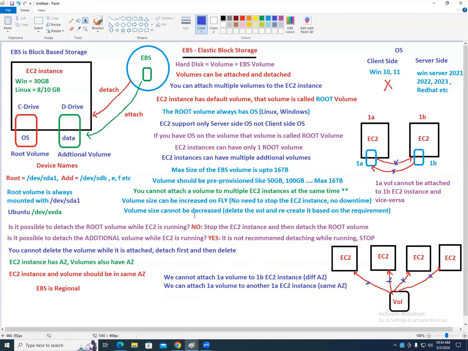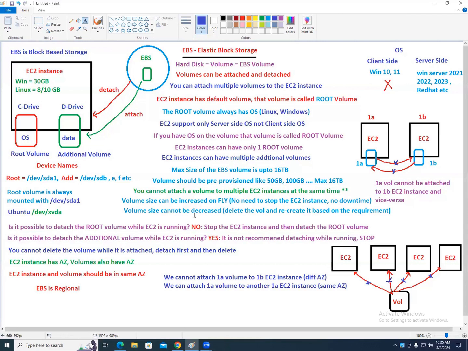Now I have so many files, photos and everything. Which service do you suggest to upload? S3. What is the full form of S3? Simple Storage Service. S3 is limited or unlimited? Unlimited. In S3, we can upload, download, access the files.